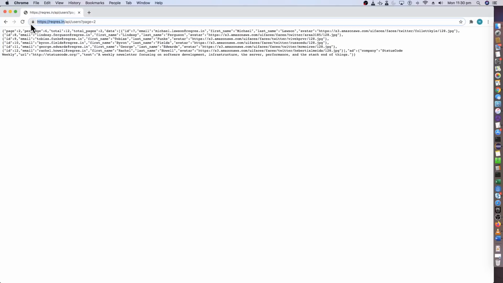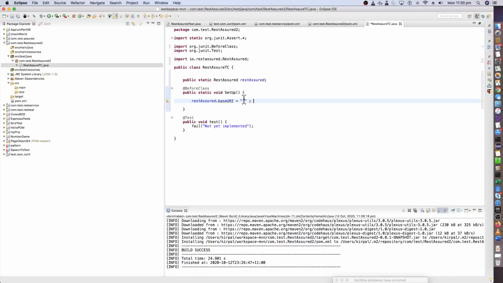Let's first mention this as a base URI, and then we will start building up the request in the test annotation. So for building up the request we require something called rest assured specifications. We will mention the specification as RestAssured specification. No, it is called as request specification. Request specification, we will keep the variable as request,